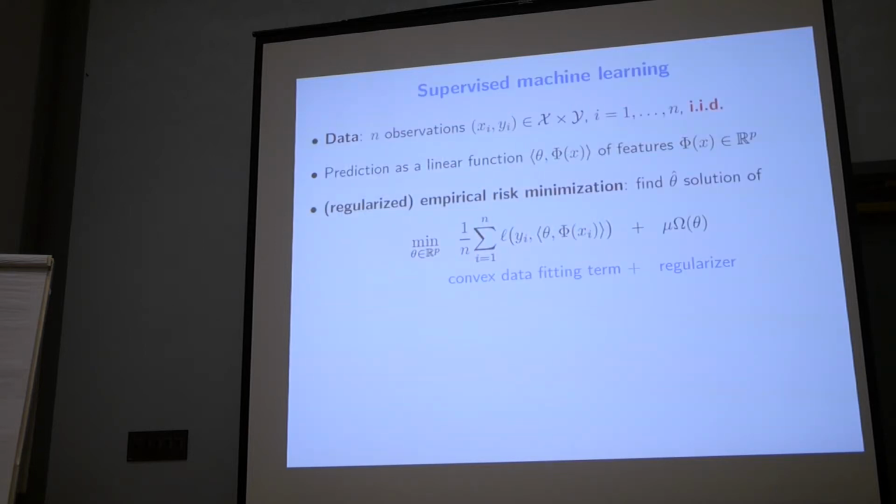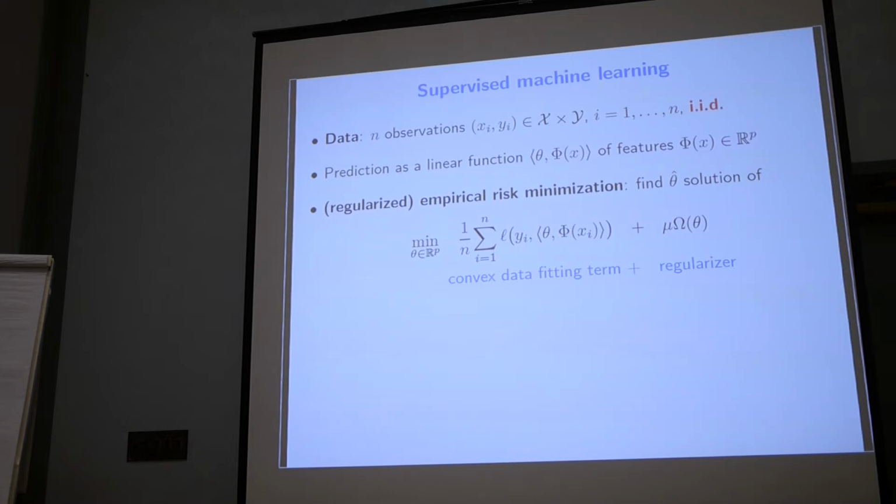Just to set up the notation, I'm going to consider supervised learning with input data xi, yi, and linear predictions on top of features. This is just to present and motivate the method, but most of the algorithms can be applied to any cost function which is a sum of terms. For machine learning, that sum is typically a sum of errors on individual pairs of observations: the loss, and in this talk we only consider smooth losses, like logistic or squares,